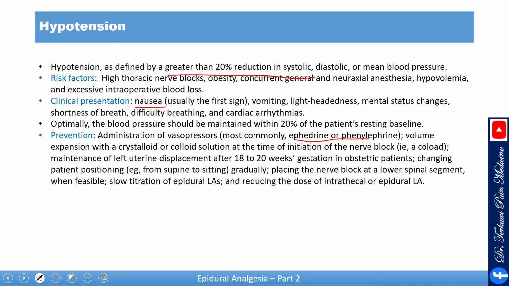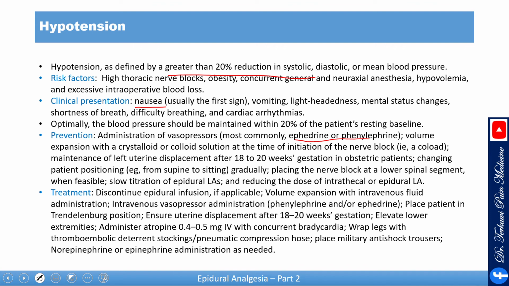Volume expansion, either as a preload or co-load. Uterine displacement, changing the patient position, and reducing the dose of intrathecal or epidural local anesthetic. Treatment: discontinue epidural, give volume, start vasopressors either as boluses or infusion. Use Trendelenburg position, ensure uterine displacement in labor epidural,